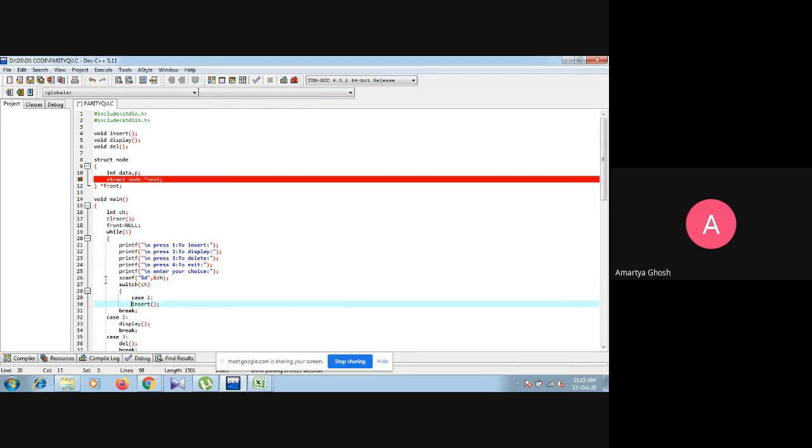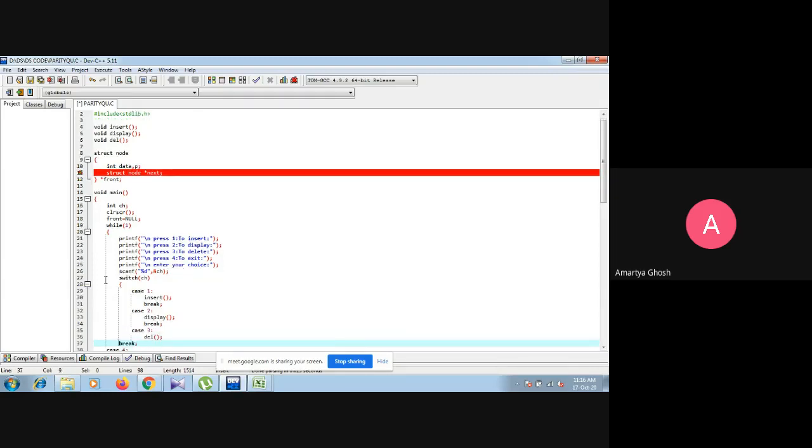Case 1 is insert operation and break. Case 2 is display operation, because after insertion we need to check the effect of insert. Thereafter, case 3 is delete operation.